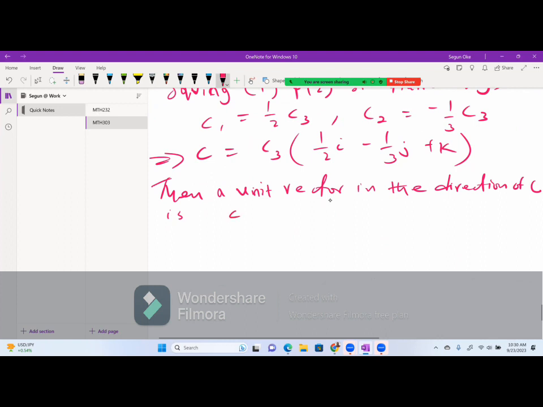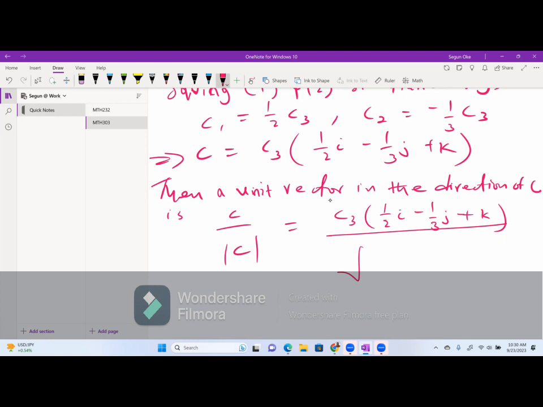How do we do that? C over the absolute value, the magnitude of C, which is going to be C3 in brackets 1 over 2 i minus 1 over 3 j plus k